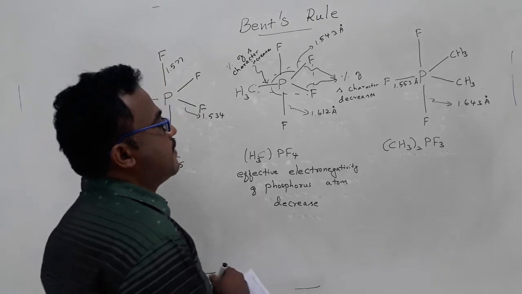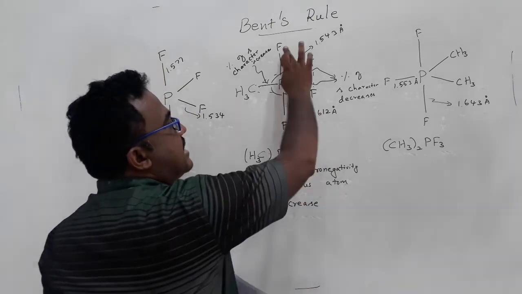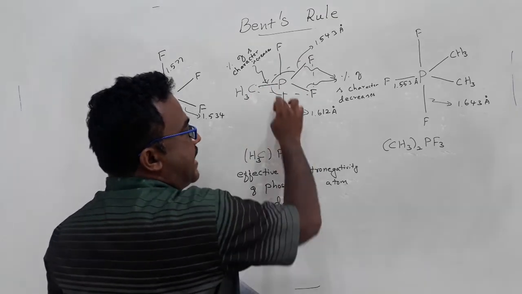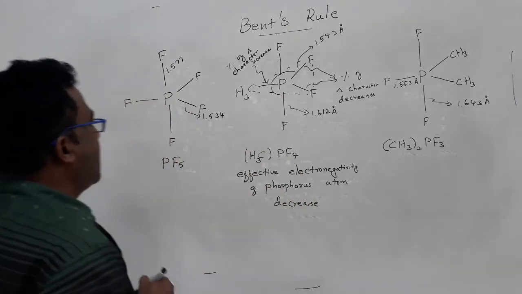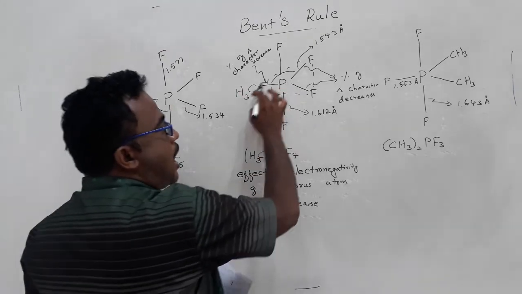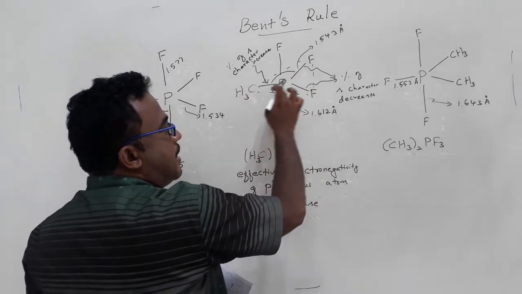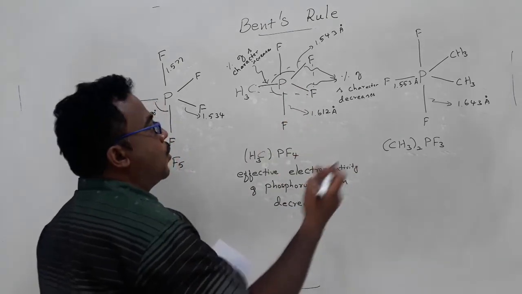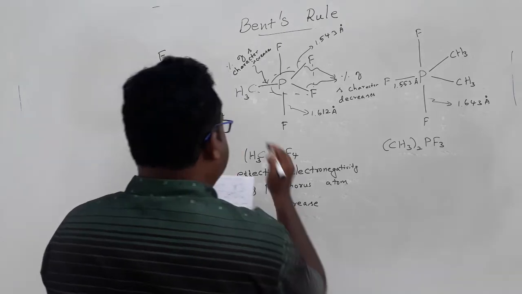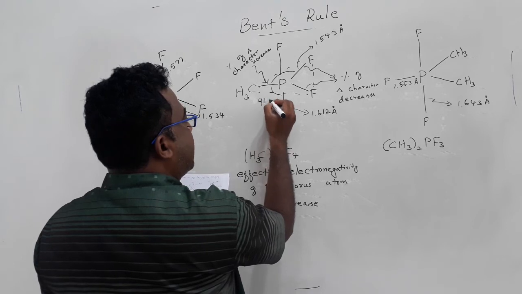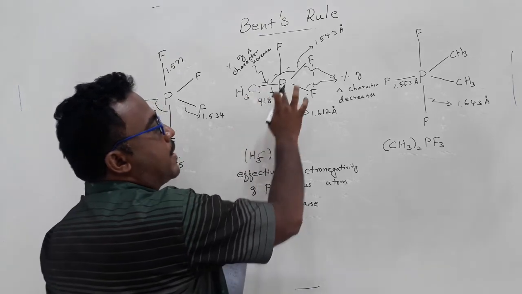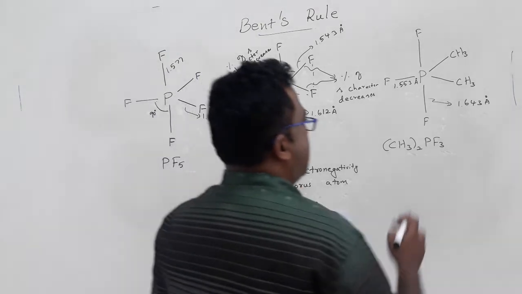And if it is repulsive, then definitely you have to expect that this bond angle, methyl PF, if you take this bond angle, it should be around 90 degrees. If you take it here, this bond angle will be 90 degrees. That we know already. But if it is facing repulsion, of course this bond angle methyl PF should be more. How much? 91.8 degrees. That means approximately when one fluorine was substituted by methyl group, 1.8 degrees was increased.